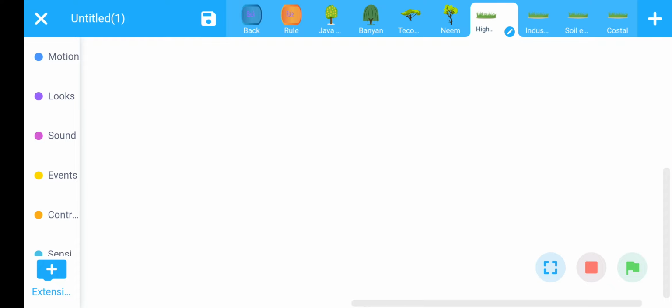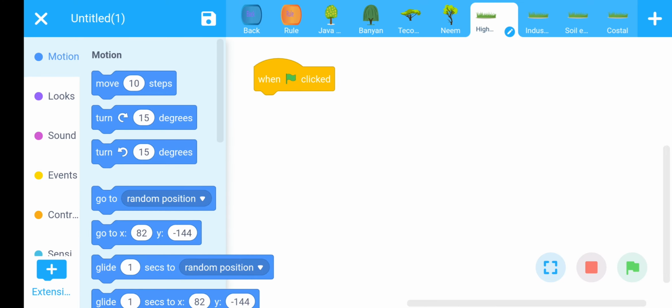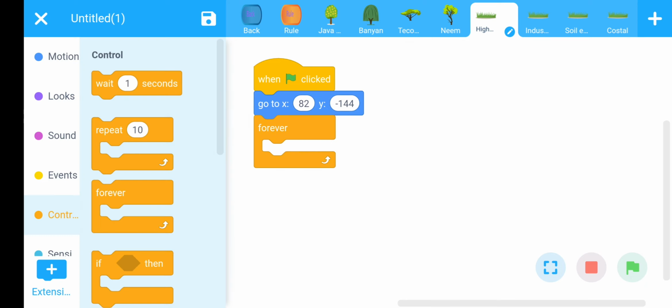Now the first command is when flag clicked, then go to motion section, go to x-axis and y-axis command. Now use forever command, go to control section, use forever loop. You know that there are 4 options for a soil patch, because there are 4 trees. A player can place any tree on these soil patches.